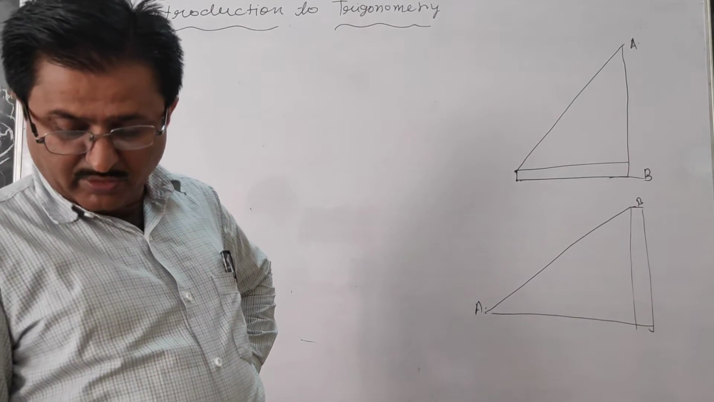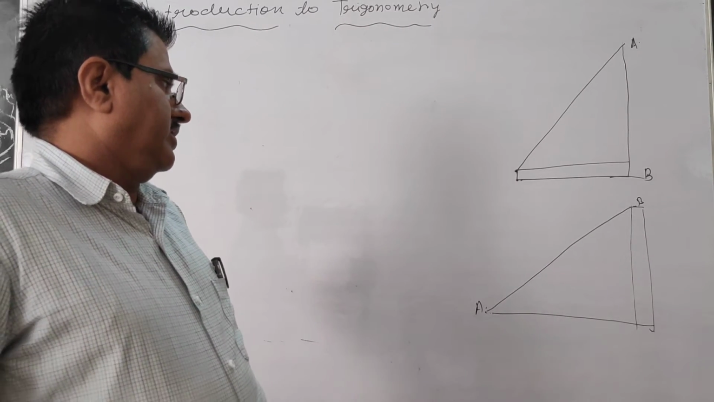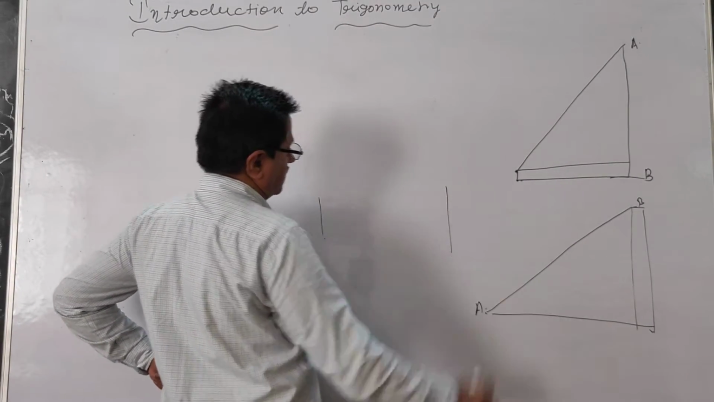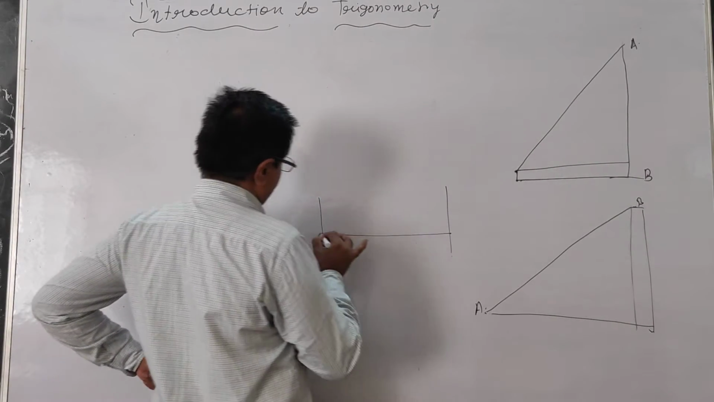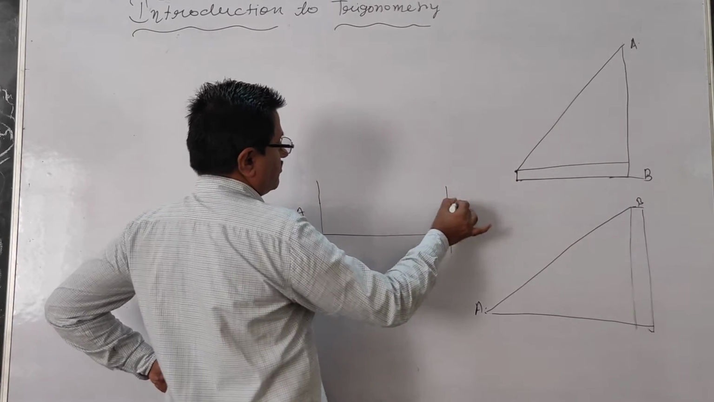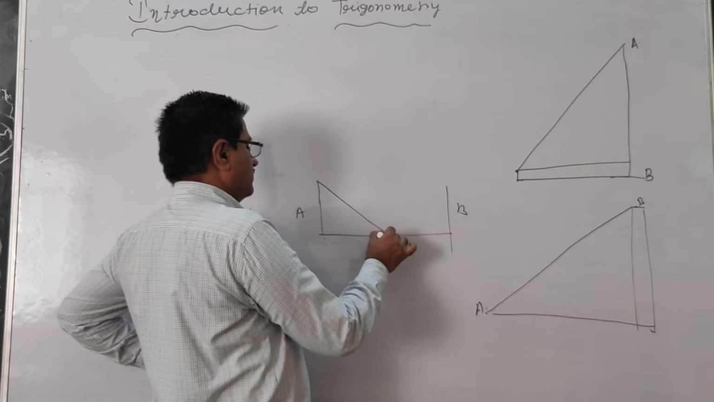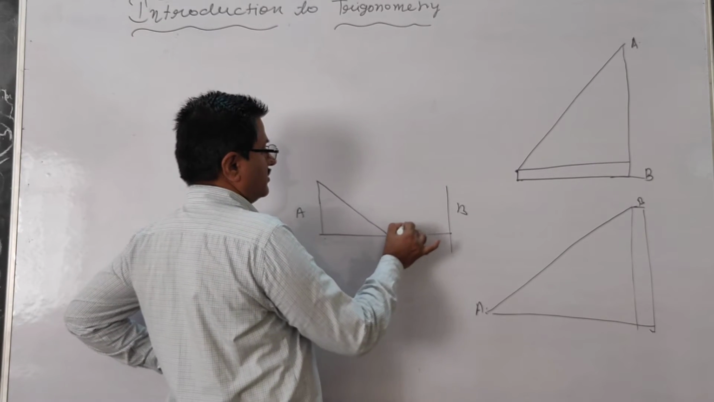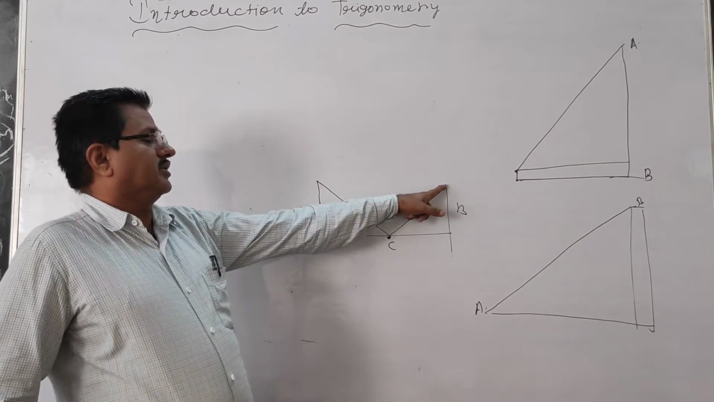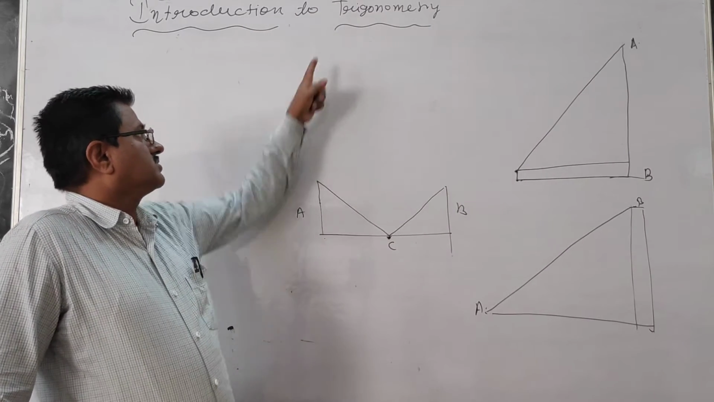You may take more examples, like suppose there is a river. Suppose this is a river, the width of the river is given, and on the bank of the river there are two trees, A and B. A person at the point C observes the top of both the trees. Then again, with the help of this topic,